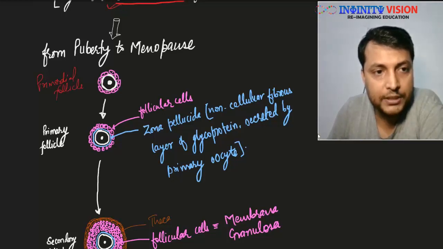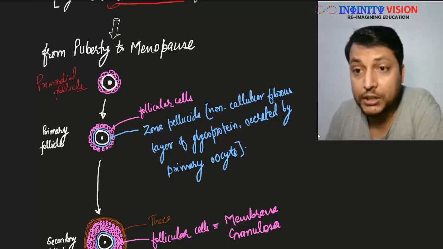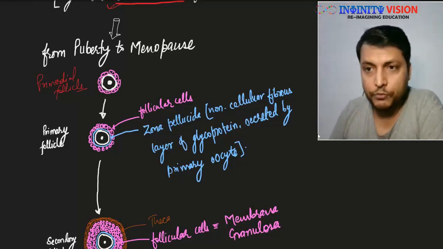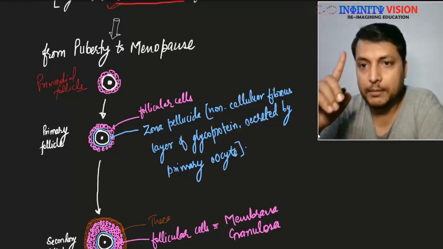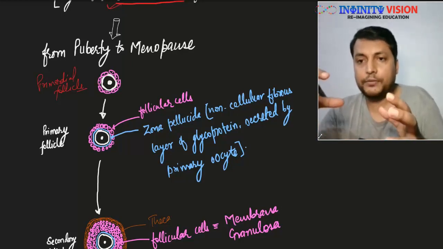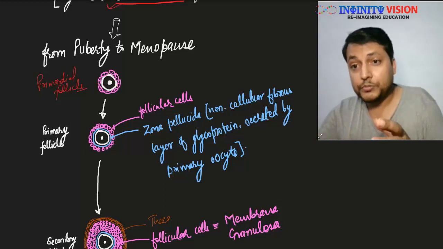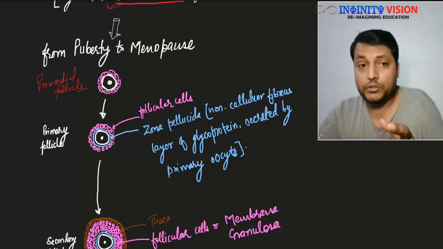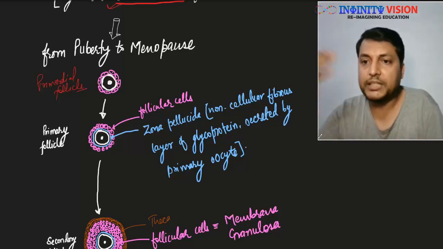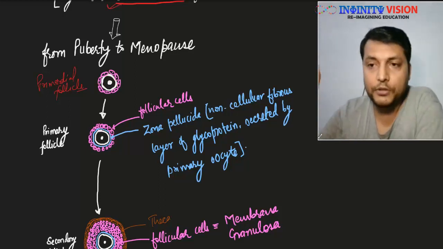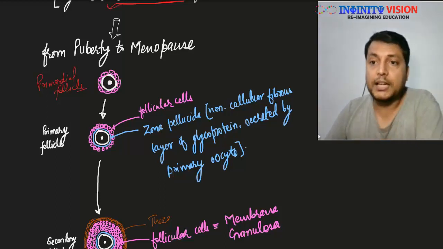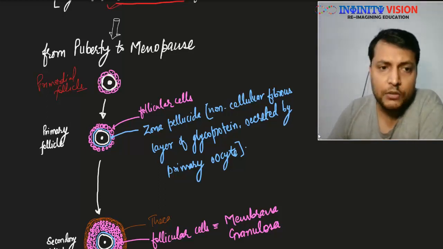Now what happens is this primordial follicle starts to develop, not all at once, one at a month. So some primordial follicle may have to wait up to like 40 or 45 years of age. Some may only have to wait 14 years. It depends which starts first. So one primordial follicle out of these 60 to 80,000 starts to grow, and once it starts to